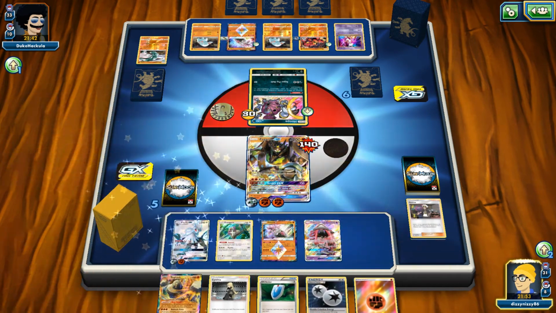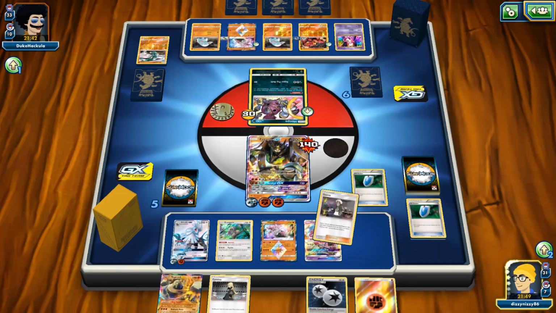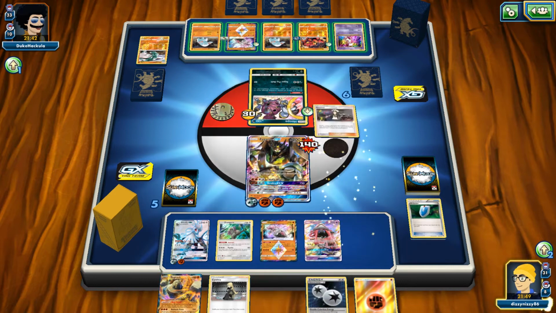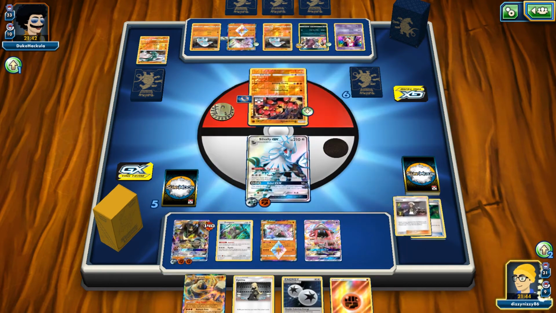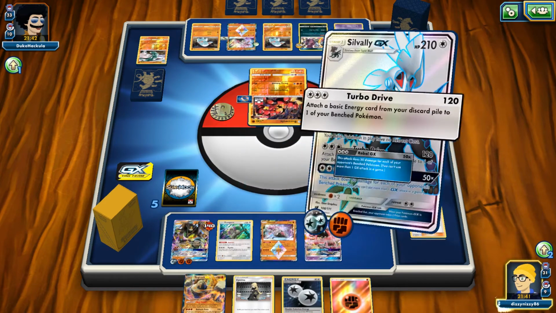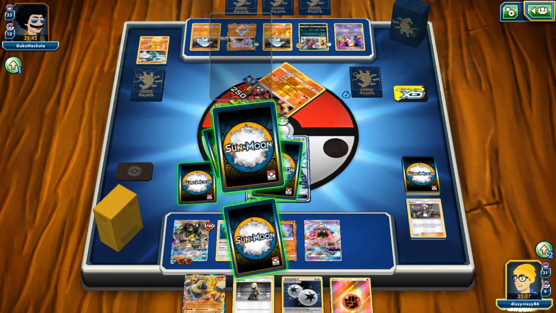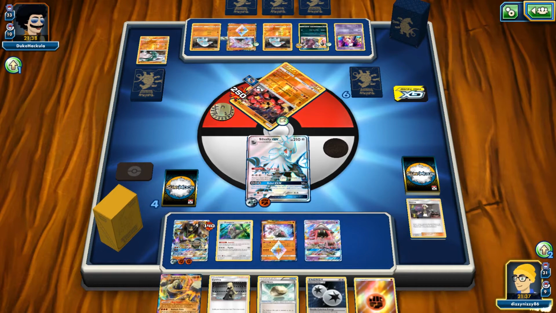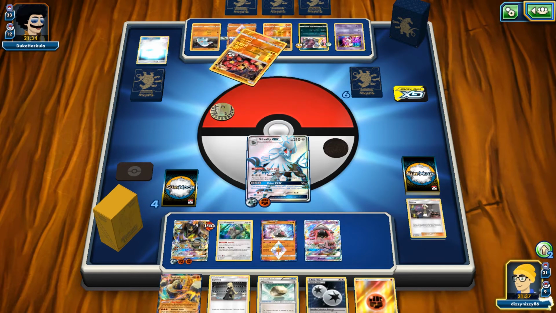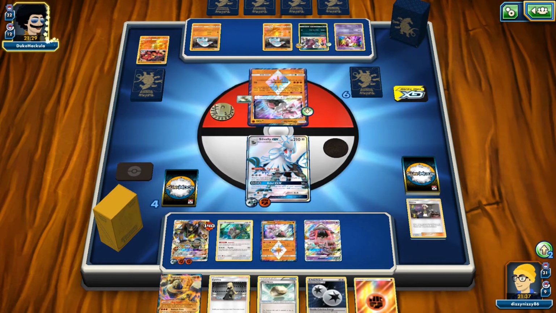So we do have the VS Seeker. We could actually do another Guzma play here. But what I'm thinking of is that we know if we take another prize, what's going to happen is we're going to enable them to hit with Sledgehammer. And the Silvally needs to be in play so we can get our free retreat, because we haven't seen our Float Stone. So it seems a little overboard and excessive to pull up this Baby Buzzwole and GX it, but